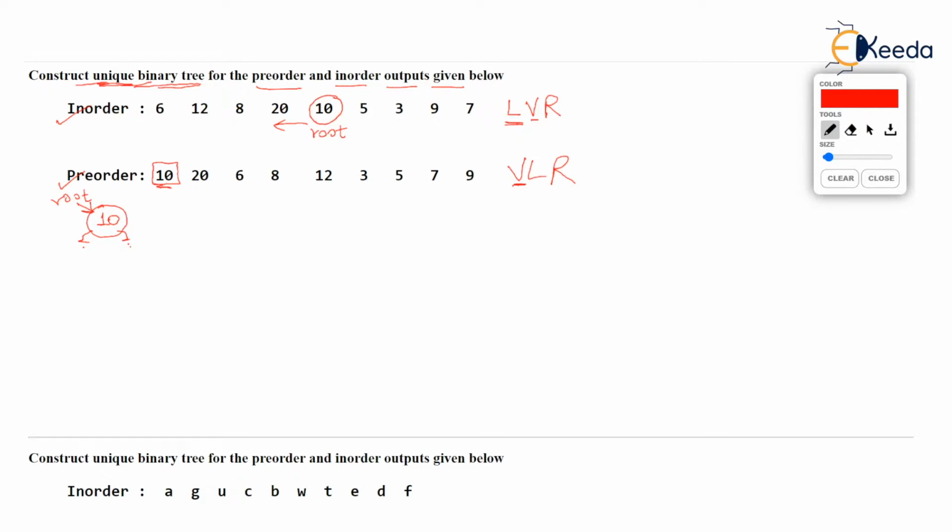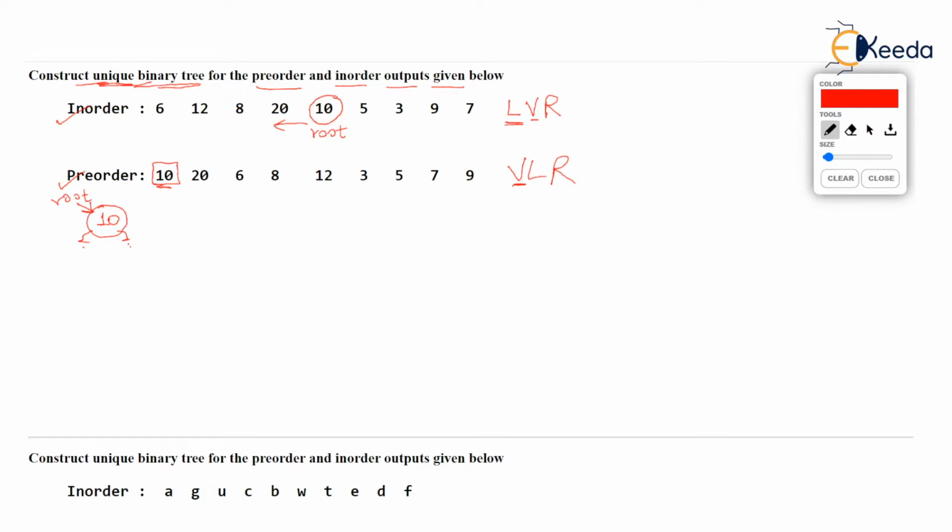Yeah, surely, because LVR is the rule. So the left subtree of 10, that is root, has to be 6, 12, 8, 20.